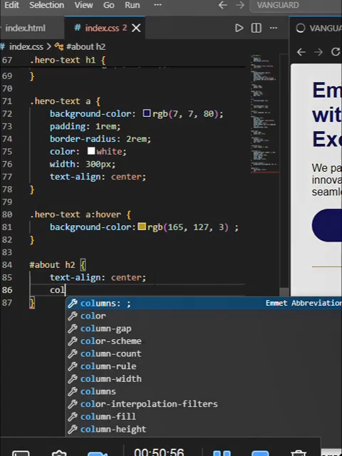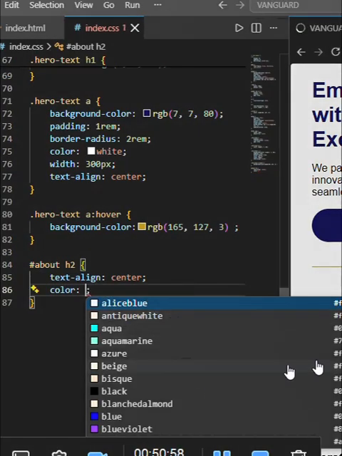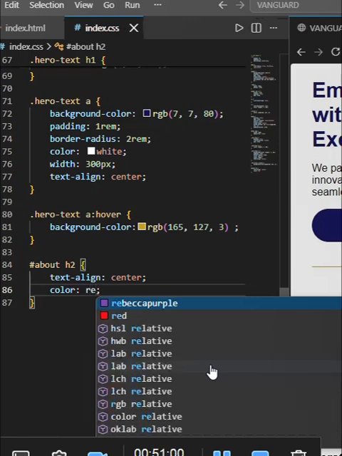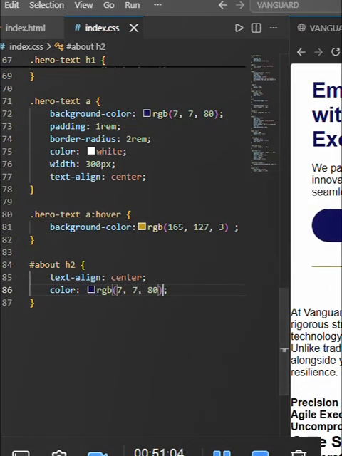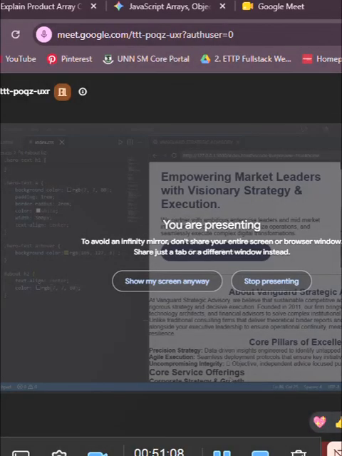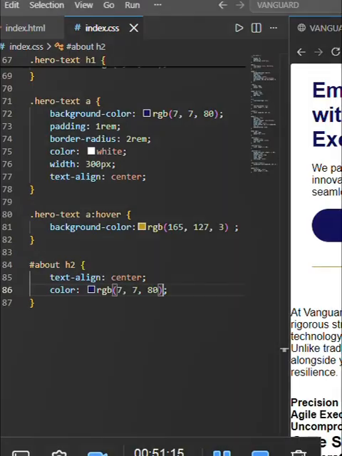Color, where is that blue color? RGB. Let's use this blue color so you can see that. All right, I think we are done, we are done, we are done. Under a minute, yes, we are done. So the way it is now, I have to save. We've already done well, so let's